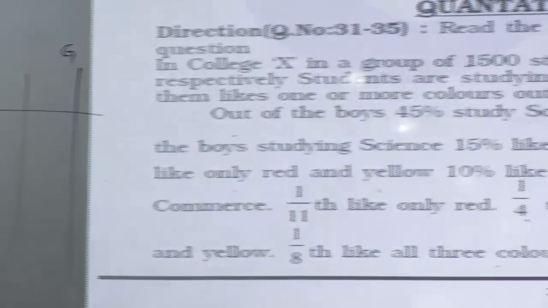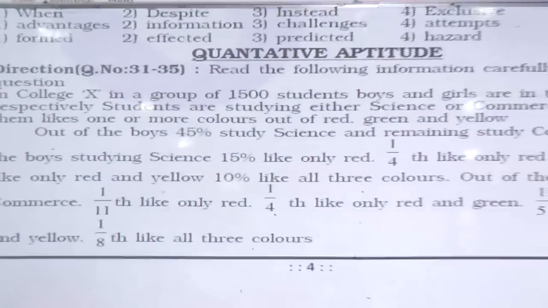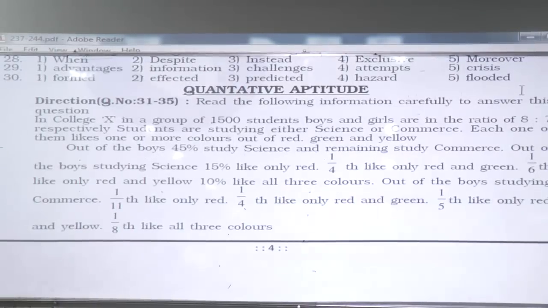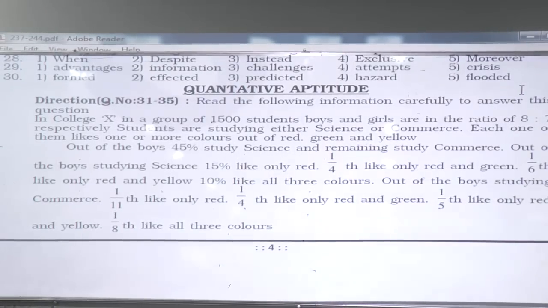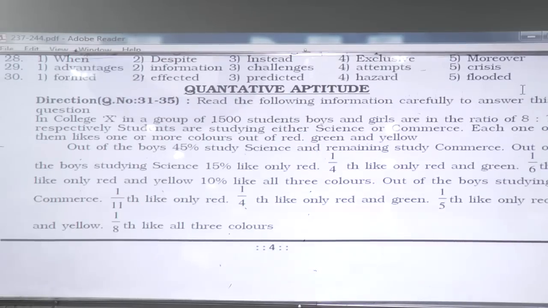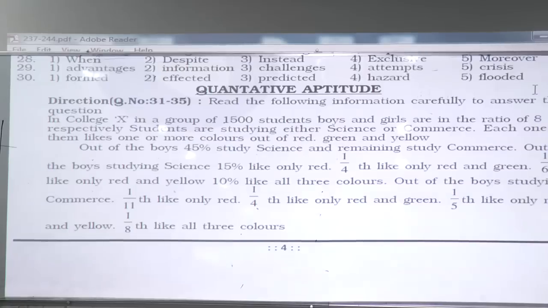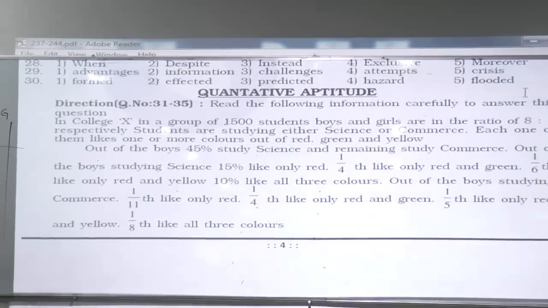36 to 40. Number of laptops of 3 different brands sold by 7 stores in 2012. So 7 stores, and then for each store you have 3 companies, 7 times 3 is 21. So 5 questions based on 21 numbers, and the numbers are already there. You need not worry about identifying the numbers, because they were already written there. So should be simple.